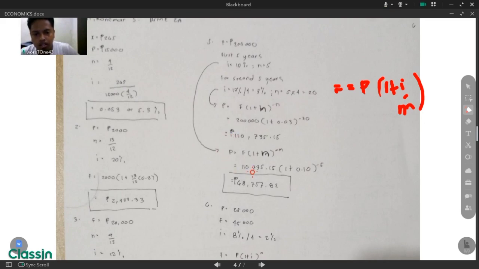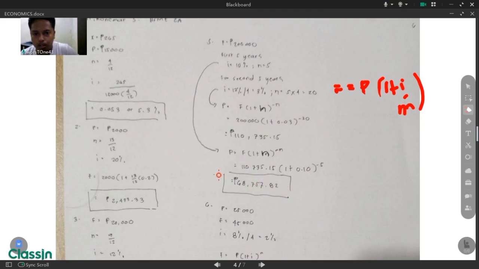So putting it here, we have 110,735.15 times (1 plus 0.10) to the power of negative 5. Since we have 5 as our n, and m is 1, because 10% is annual, it's just over 1, and it doesn't matter since it's just 1, so it will remain as it is. Thus we have a value as our present worth